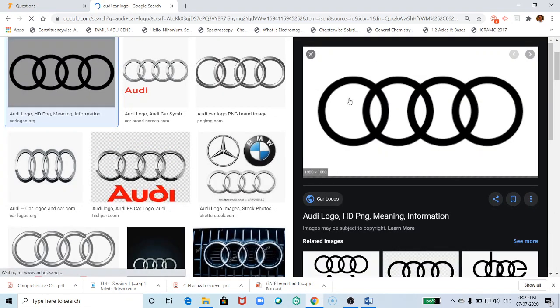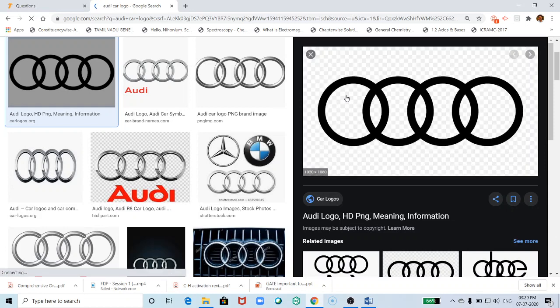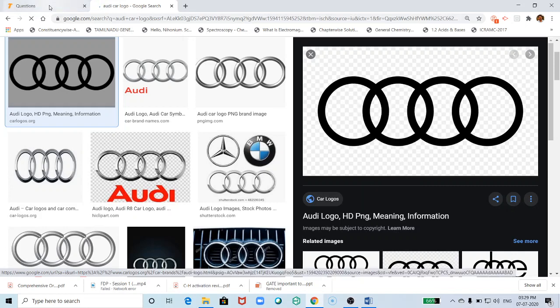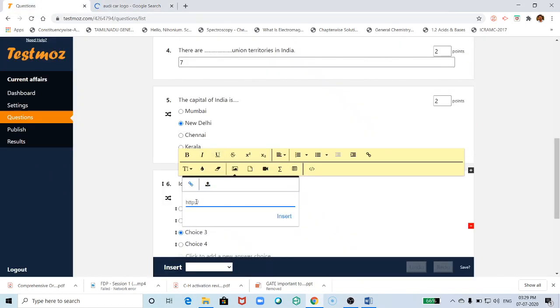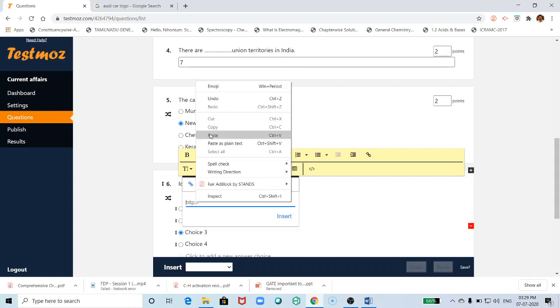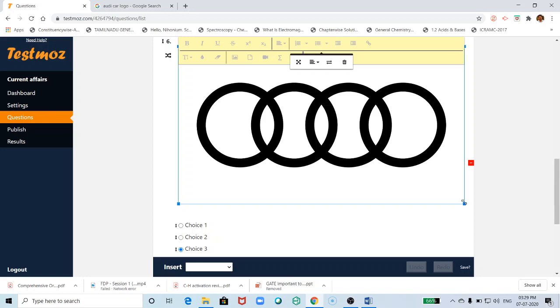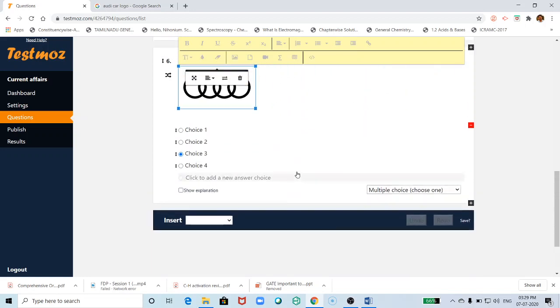For that you have to right click and you can see copy image address. You can copy this and go to the question here, link. You can paste and click insert. You can see I have inserted an image from Google.